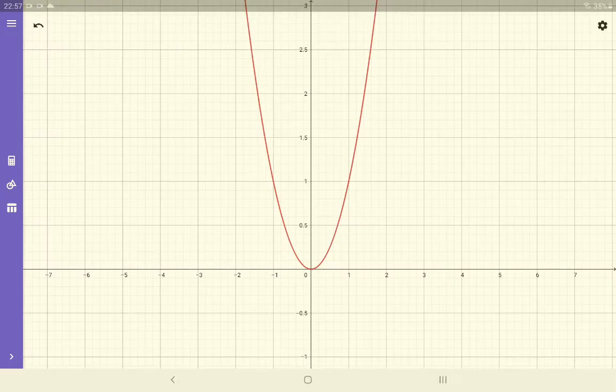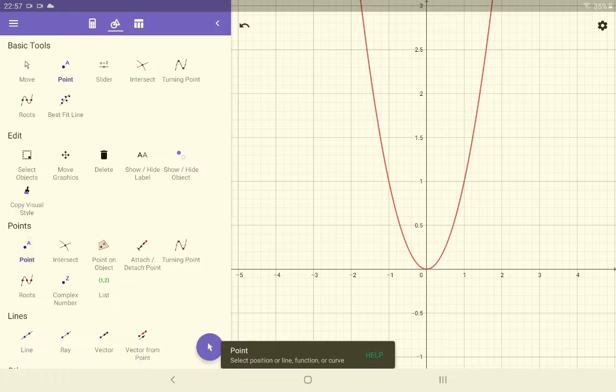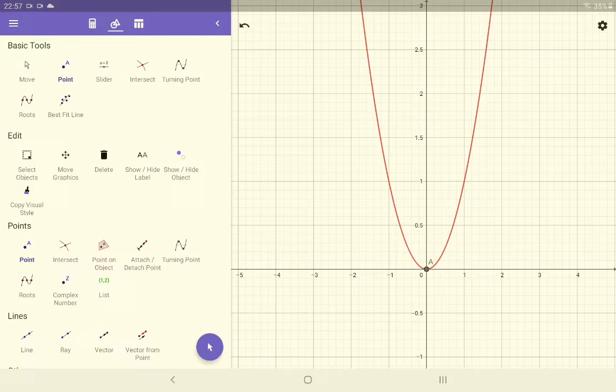Now see, the domain for this graph is, again, the set of real numbers. It moves from minus infinity to plus infinity. And what is the range here? See, you can see the point of intersection here between the x-axis and the curve. This is my point of intersection. Point A is my point of intersection with the curve, and this structure of curve is known as a parabola.